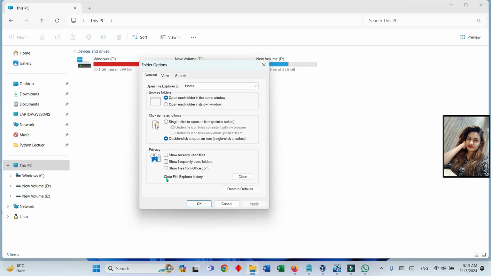Then we will select the three options. Which one? Show recently used files, show frequently used folders, show files. All this is whatever you want. That means recently that you have used, you wanna see. So this is, I think, the most interesting and important issue in computer or in any kinds of thing. So we will first of all select the three options, then apply here, as well as we will do the